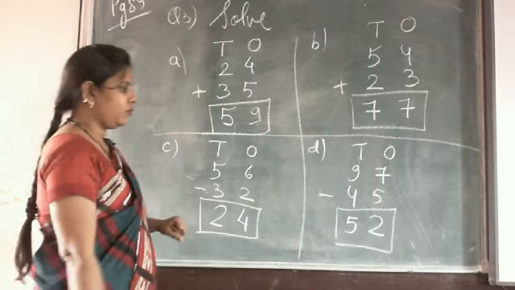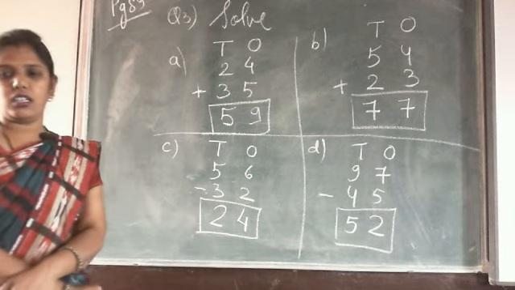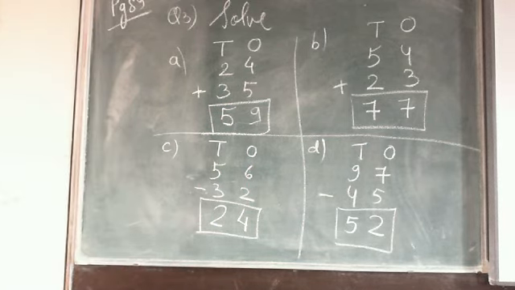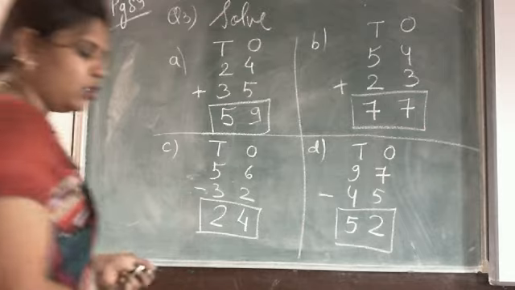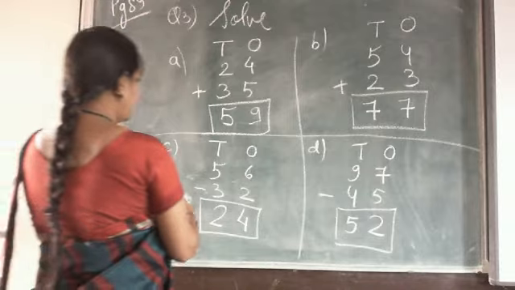Copy it fast. Copy fast from the board all the questions and copy correct from the board. Write fast. Now I am going to give you some questions to solve and you have to solve it. Okay. So have you written all this? Have you copied all the questions? Okay. Now write the next question.